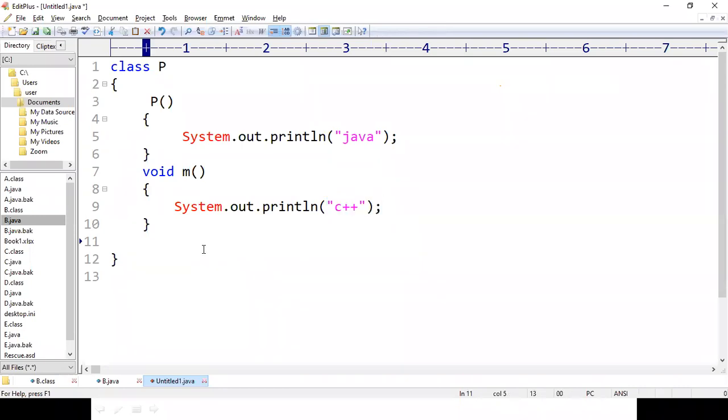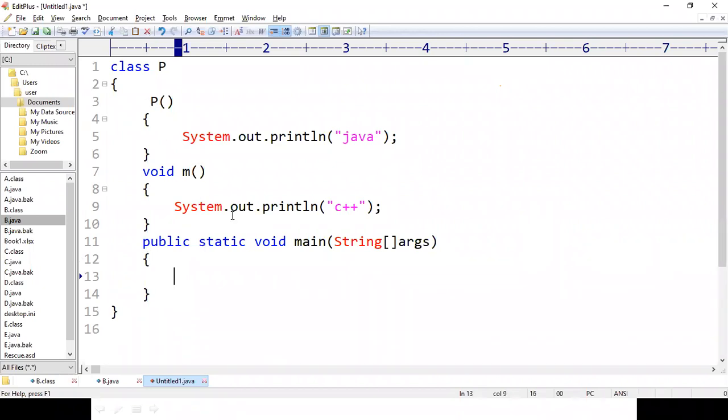So let us see here. I am going to write a main method of Java: public static void main, string args. Inside this main method, I want to bring these contents into the RAM.